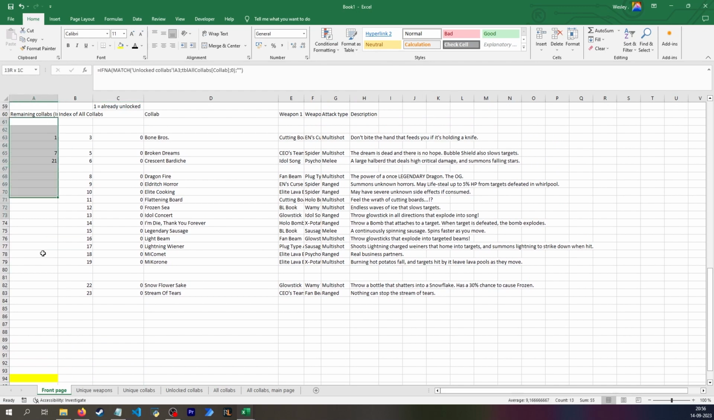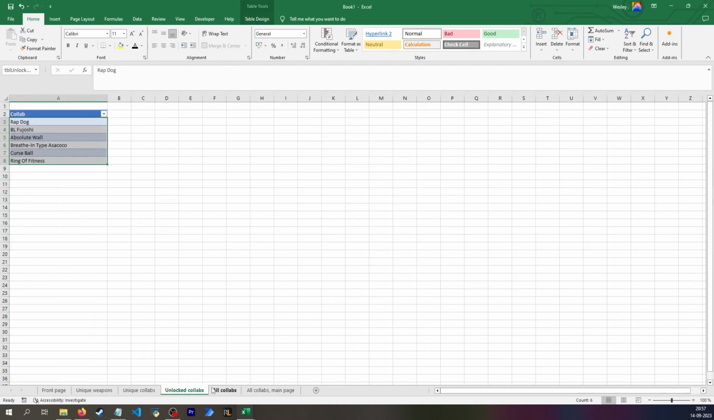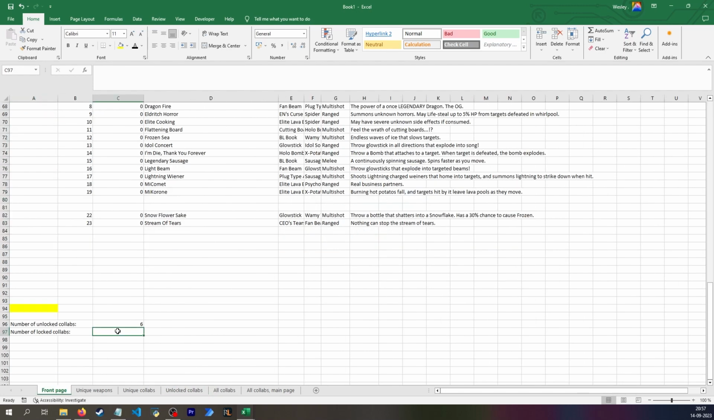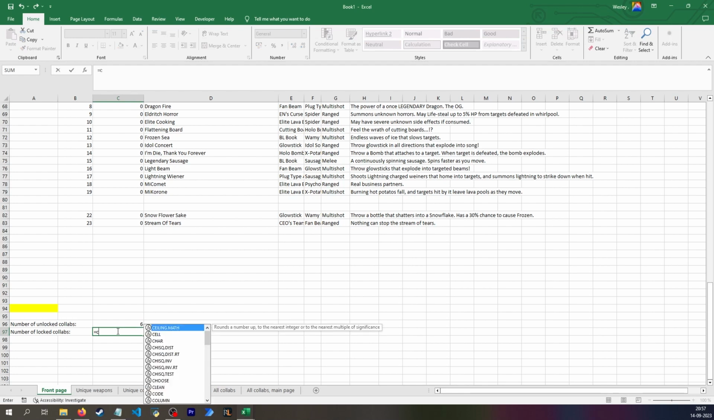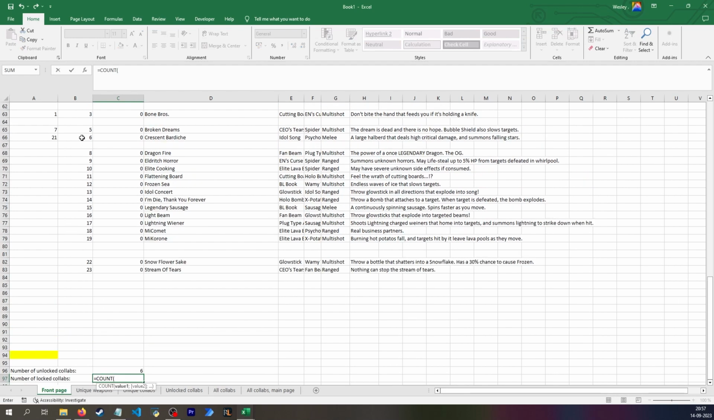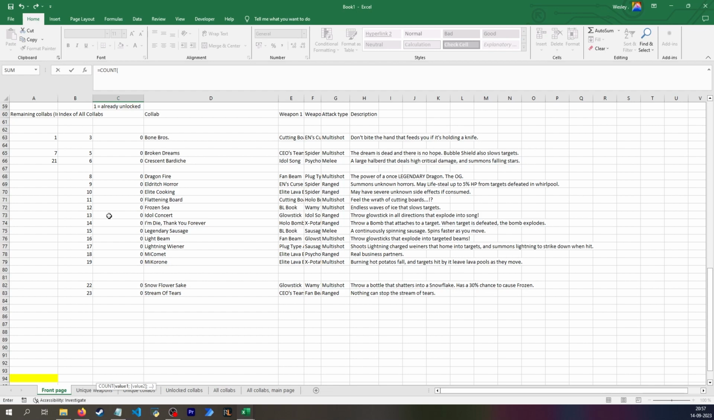So it simply counts how many rows in this range return a number, which would then be these 6 values, and it would return a number for these 6 values, but for these it can't find it because it can't find the unlock collab inside all collab. And the number of locked collabs is then counting again the numbers, and here I actually need to change something